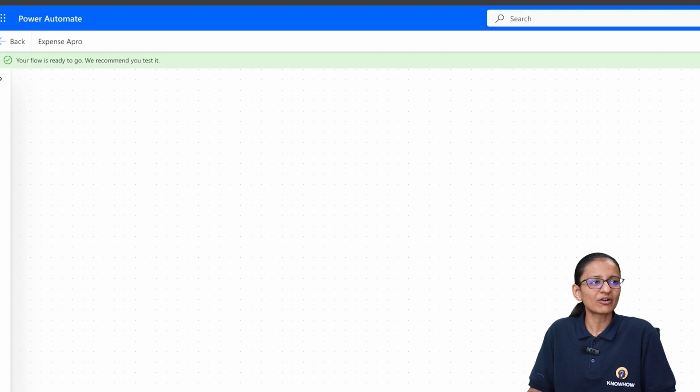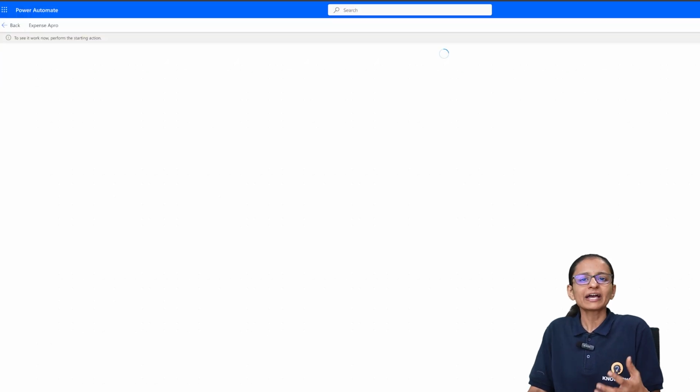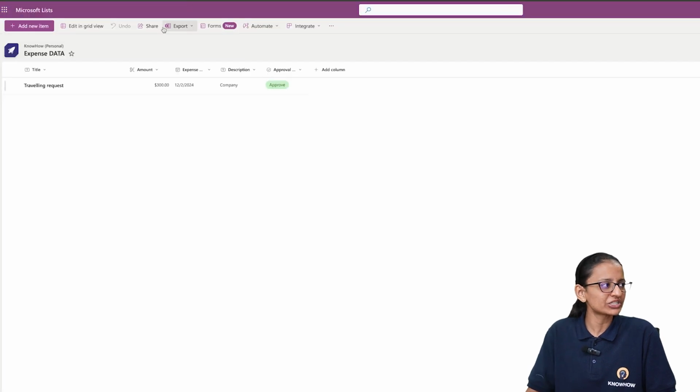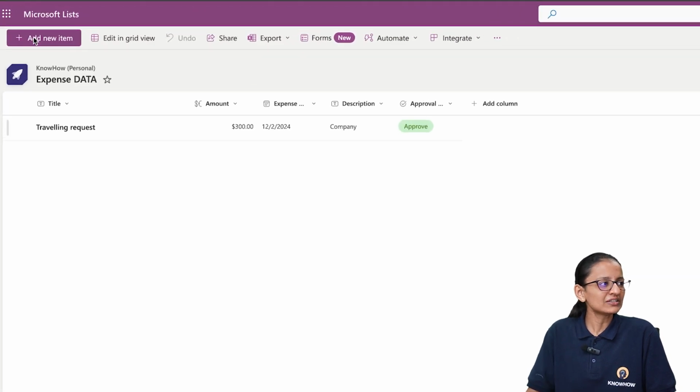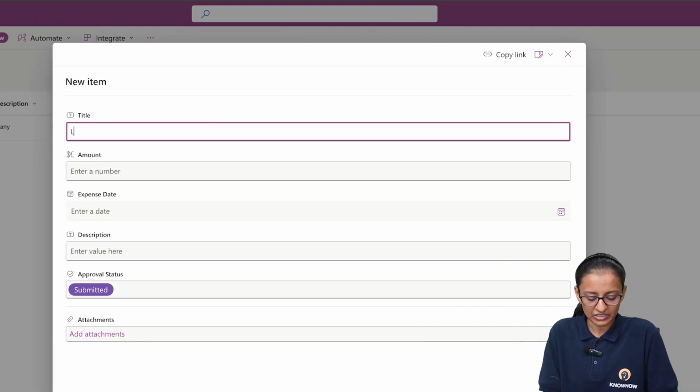So let me click on test. I need to set it manually. Why? Because I want to show you the demo, that's why. So my flow is started and it will execute until one item is created. So let me go to the SharePoint list and click on add new item, and here let's say lunch allowance,